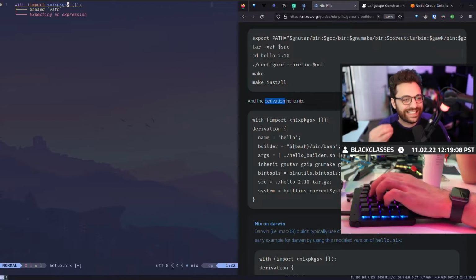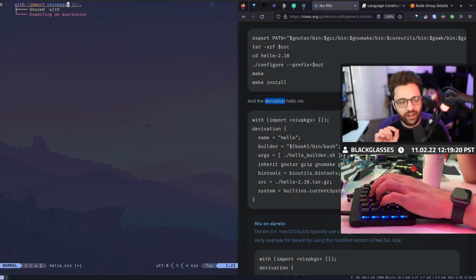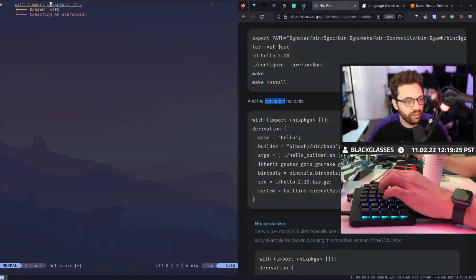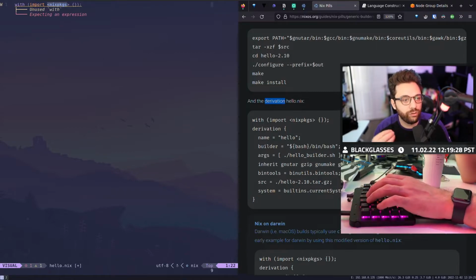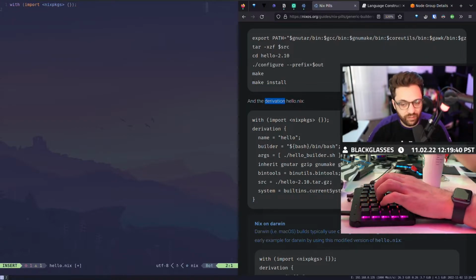Now, I'm not actually downloading packages. Like I said, everything in Nix is a derivation. What that means, however, is that if I need bash or something like that, Nix packages has an expression to show how to build bash. And this import knows how to grab that expression and build bash for my build script. That's how Nix works. It's not about downloading packages. It's about having tons of these expressions, evaluating them, and then building everything that you need all at once together.